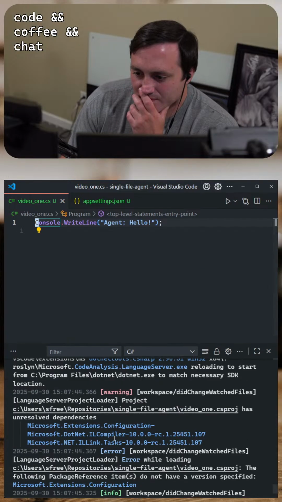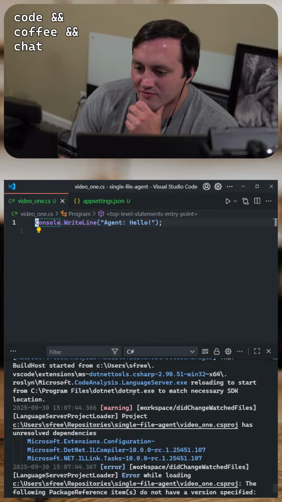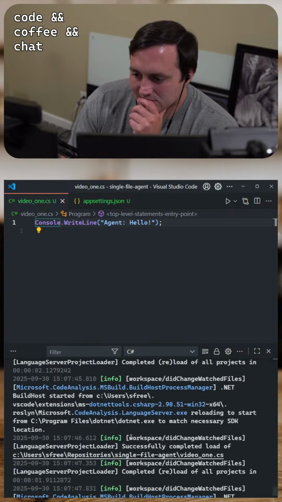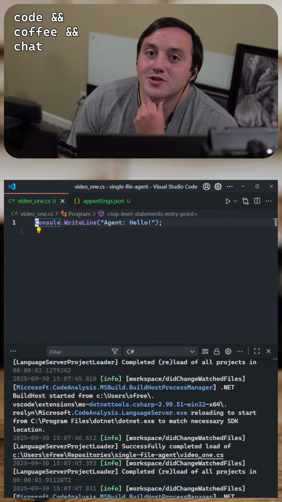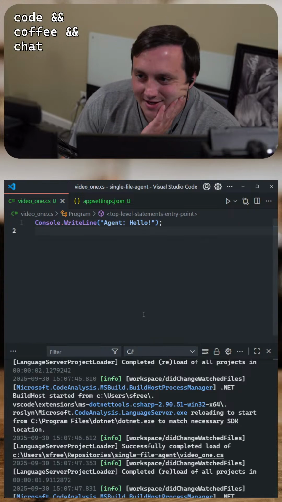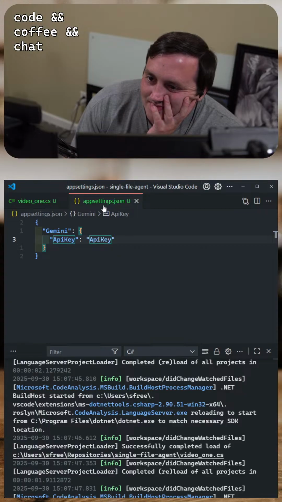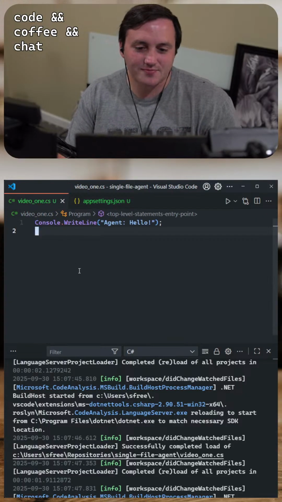Oh, weird. Reloading to start from to match necessary SDK location. Maybe using .NET 10 was a bad idea for this. Yeah, I just think it'd be super cool to show it in a single file.